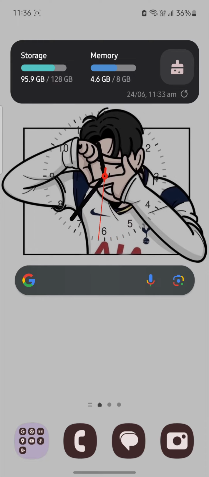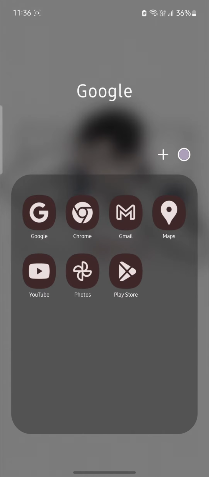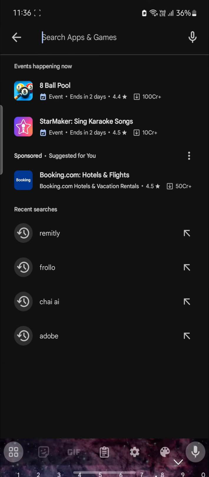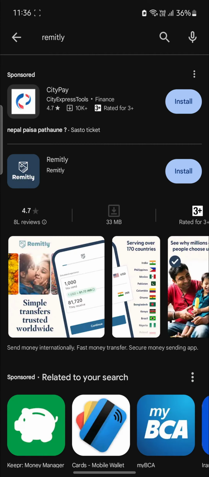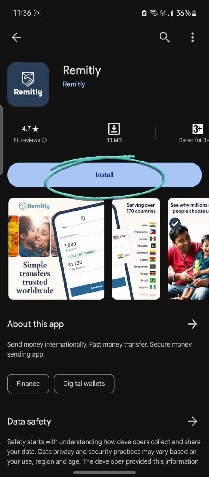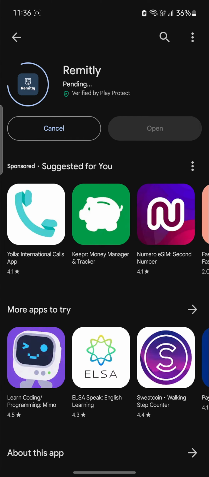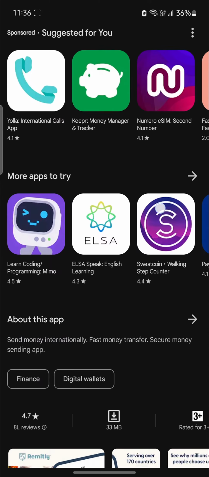So, go ahead and tap on or open the Play Store which is on your phone. Go to the search bar and then search for Remitly. You can see Remitly, go ahead and tap on it and click on install. After you click on install, in a while you can know that Remitly has been downloaded and is installing on